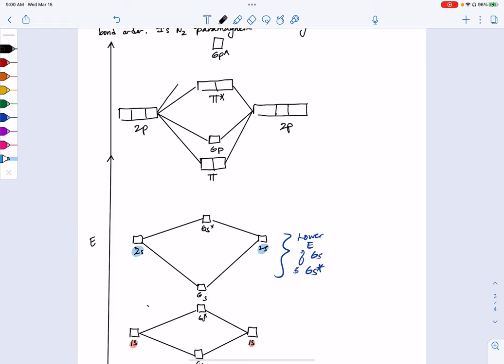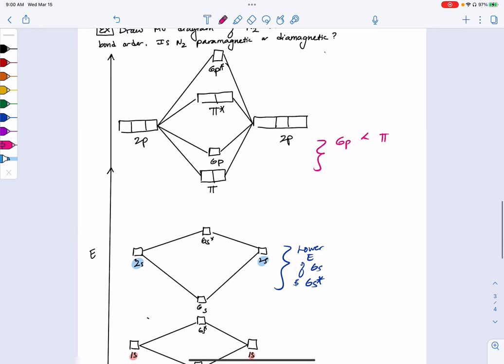And then way up here, super destabilized, is our sigma p antibonding orbital. So sigma p star. Okay, so as a result here, we see that the sigma p is less stable than the pi orbitals. And we also see that the sigma p star is much,